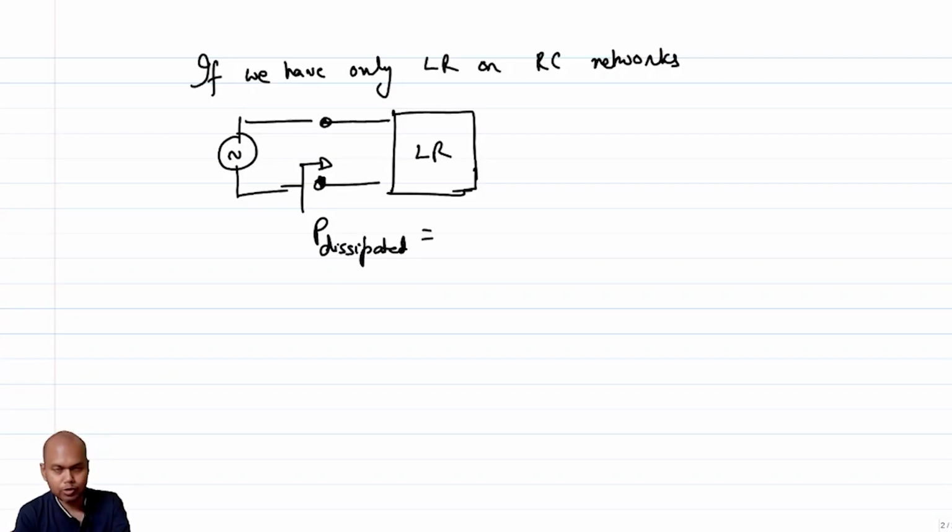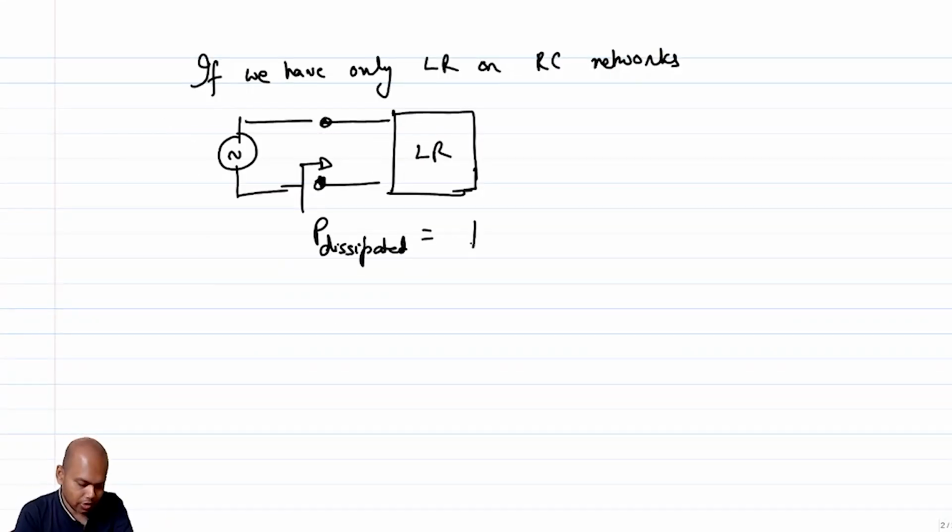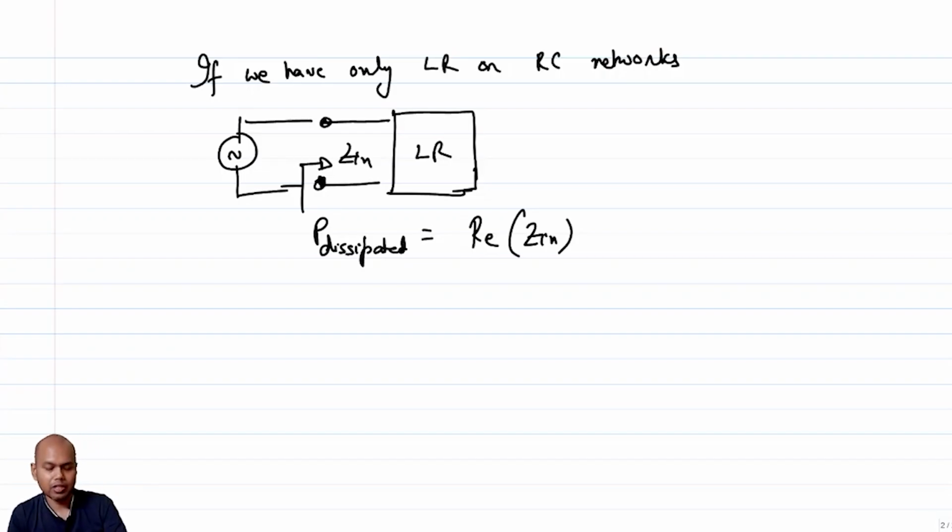Power dissipated, this we have done in the context of finding out the noise spectral density, right? So power dissipated is essentially the real part of the impedance that we see. So this is the real part of Zin. And what is the power that is stored? The power stored is the imaginary part of Zin,